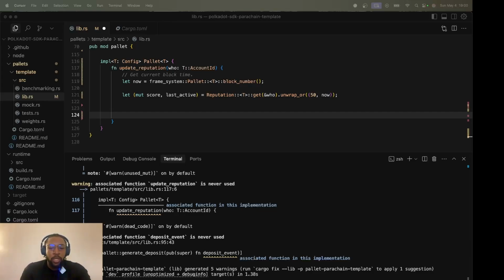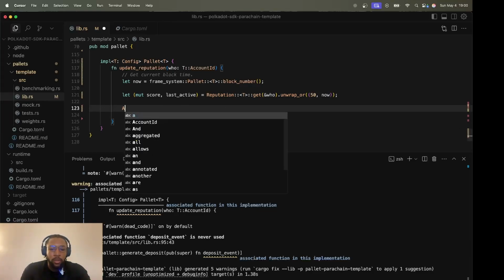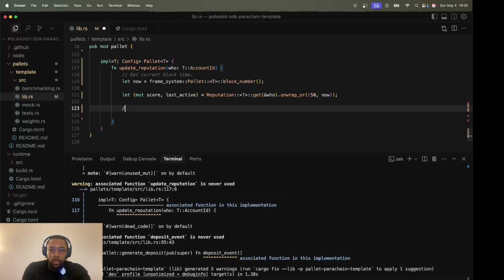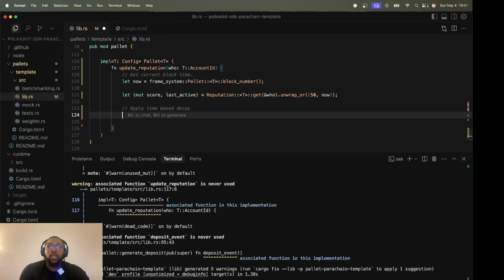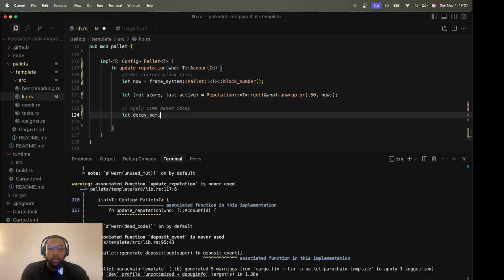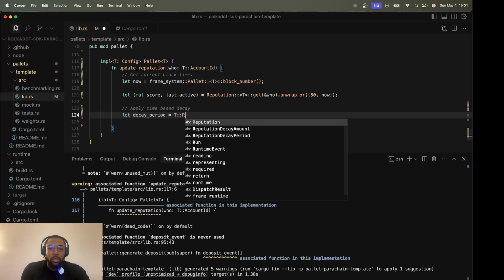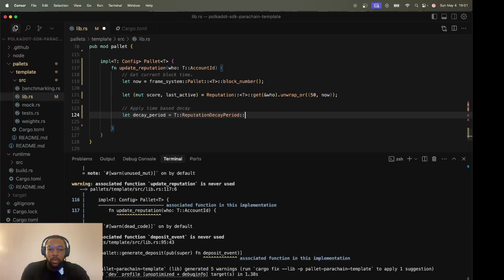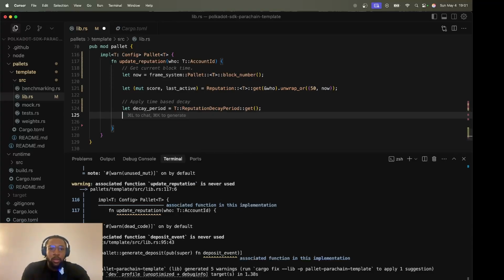We need to apply this time-based P. Remember, always comment your code. So basically, it is the decay period and the decay cycle.